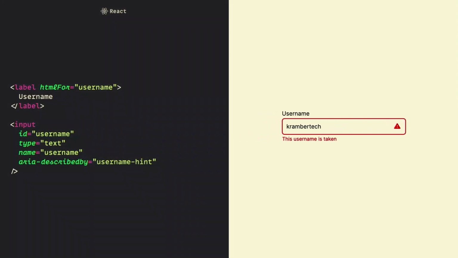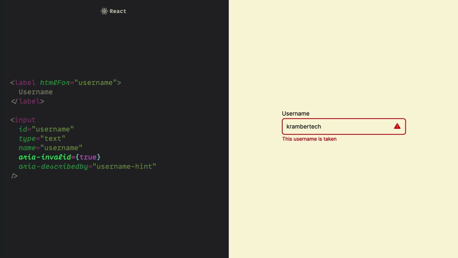Now, as we've learned about hints and labels, let's touch on validation. Because the way that we surface errors and validate user input can have tremendous impact on user experience. Let's see how we can implement it. To indicate mistakes, we use a red border and display an icon. But similar to how we have this visual cue, we need to provide a semantic cue as well.